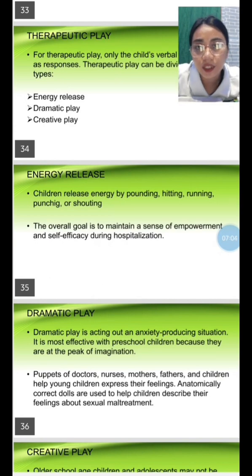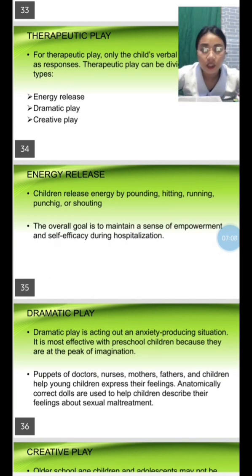Let's proceed to energy release. Children release energy by pounding, hitting, running,